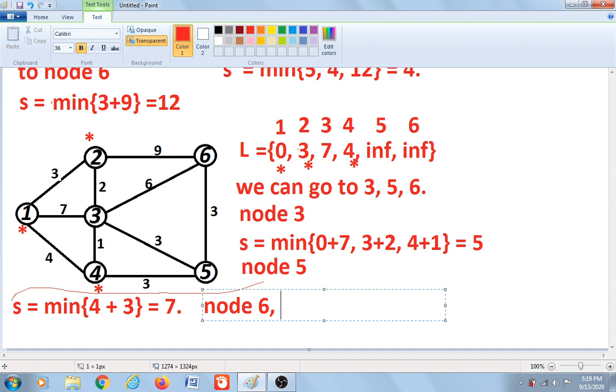Now how about if we want to go to node number 6? We can go to node number 6 only from node number 2, among the nodes with labels. So here node number 2, the value is 3, so it should be the minimum of 3 here, plus the distance, which is 9, and that is equal to 12. Okay,